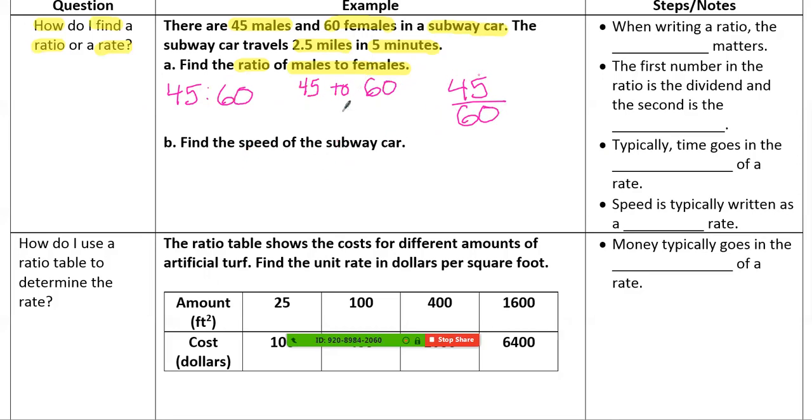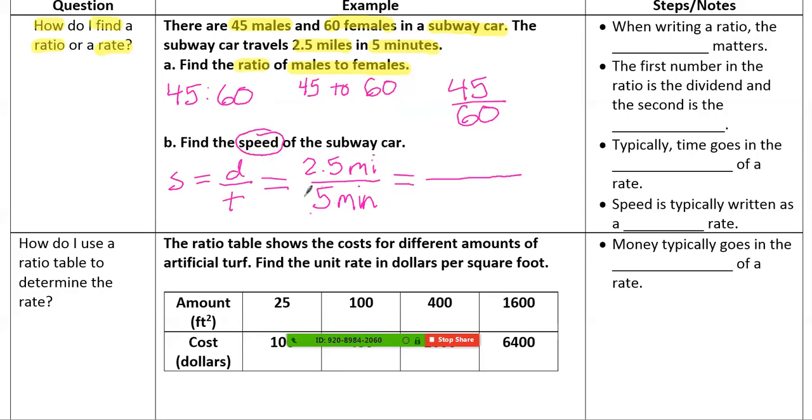Okay, find the speed of the subway car. Well, if it's going 2.5 miles in 5 minutes, speed, we know something about that. The speed of an object is equal to the ratio of distance to time. So all we need to do is substitute the value for distance, 2.5 miles, to 5 minutes, the time. Okay, now it does not ask for a unit rate. So technically, we are done. However, just to remind you, we usually don't write speed